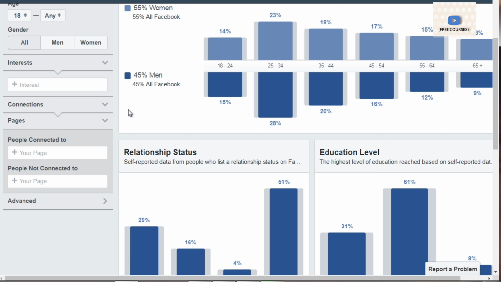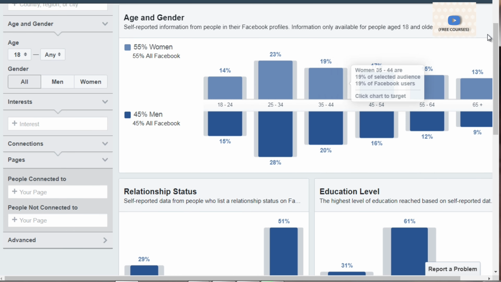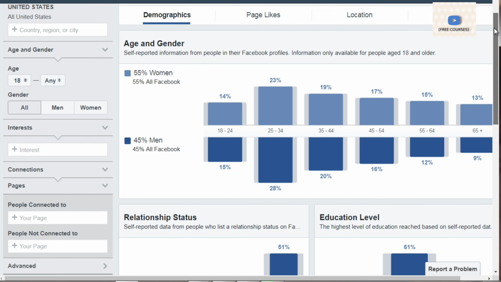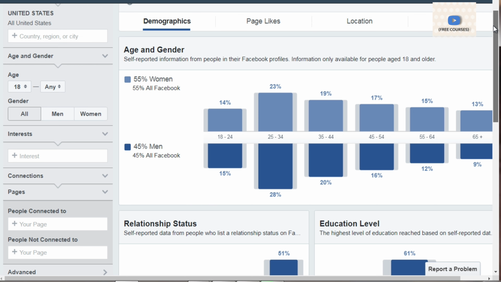And if you have a page that is highly populated, or at least has a couple thousand people, you'll be able to figure out who exactly is inside that Facebook page in terms of demographics. Now, if you don't have a page, no big deal. I'm going to show you how to use a tool so that you can find the right information about the person that you're trying to target.